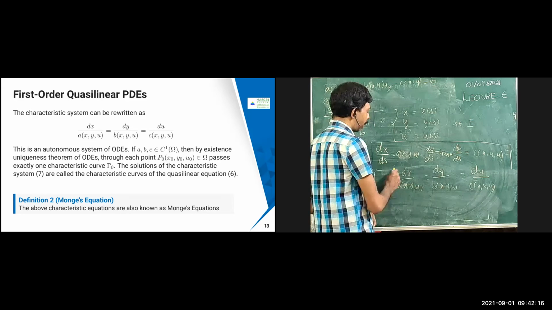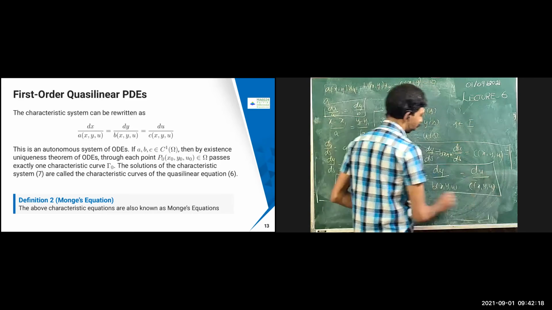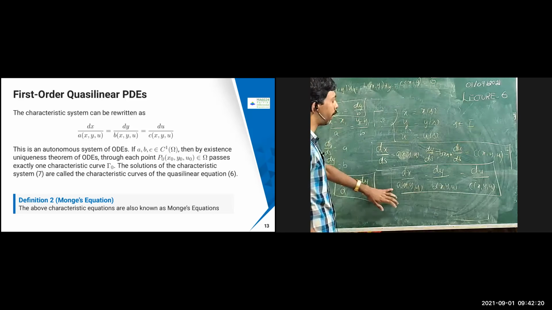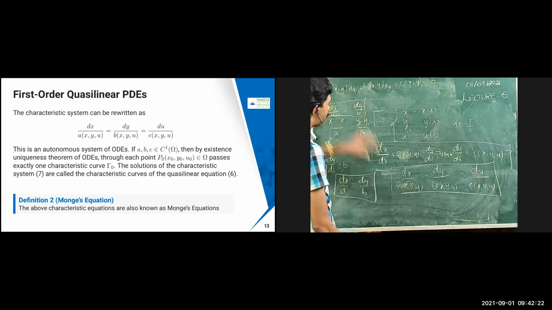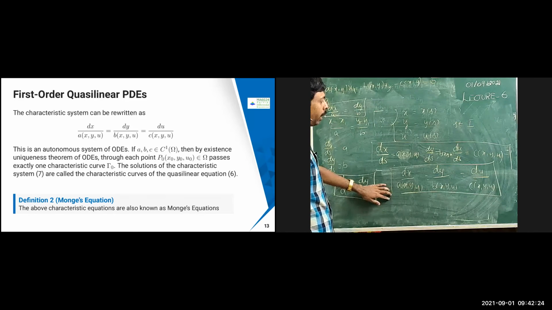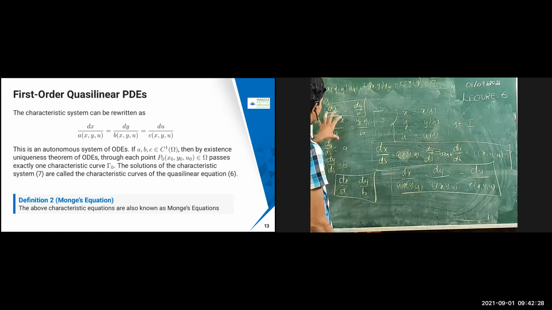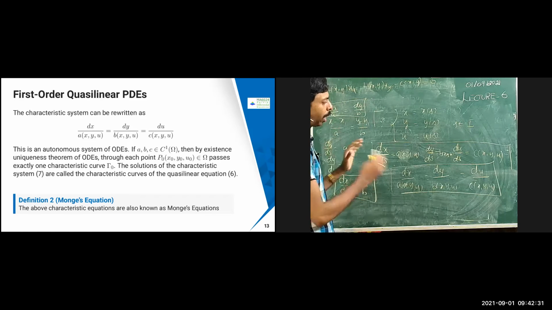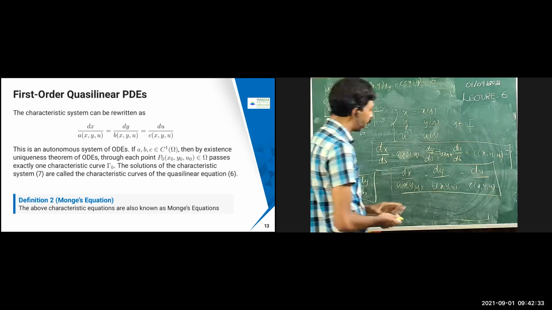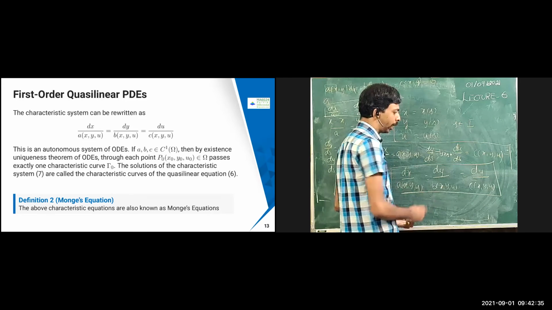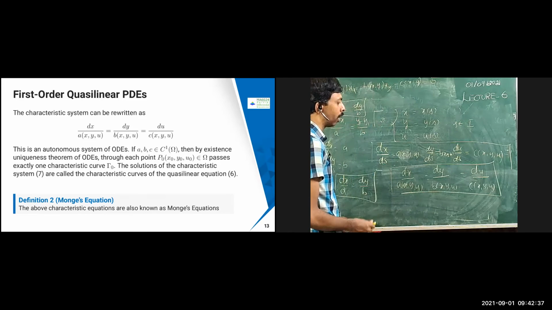You can see in any Indian author book that from the PDE they straight away come to this equation. This equation does not come straight from that one; that is the solution technique. But how we arrived at this is using the method of characteristics. So this is the underlying principle for that. How do we obtain that? This system is called the autonomous ODEs.